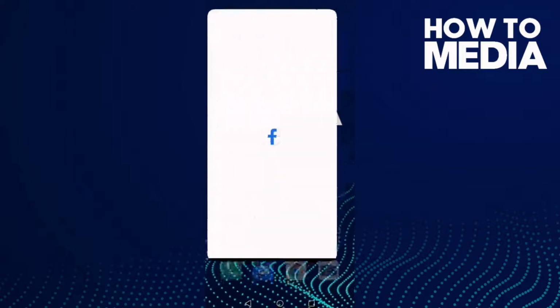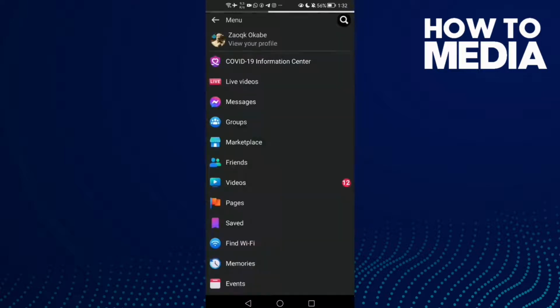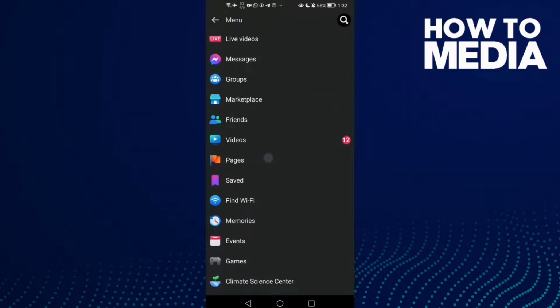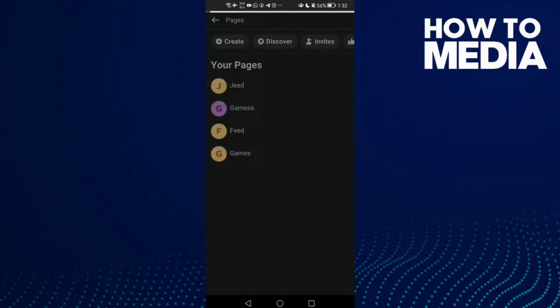First thing, go to Facebook Lite. Here you will find these three lines in the top corner. Click on it and then just scroll down and click pages, and now select your page